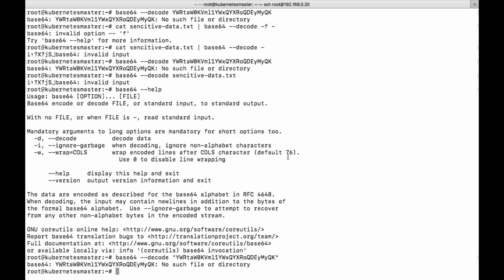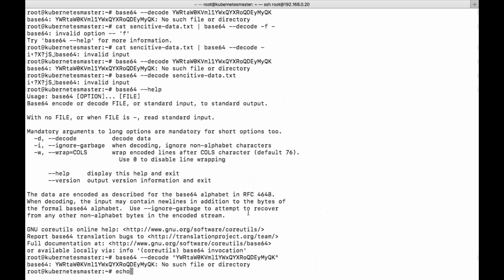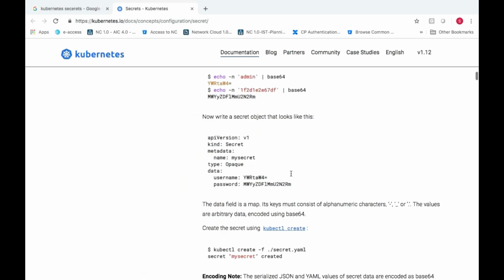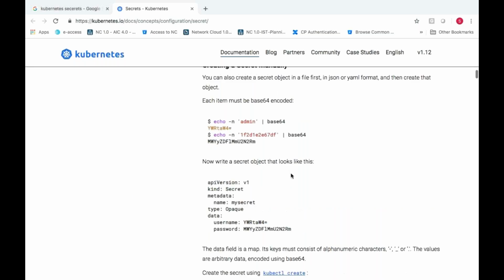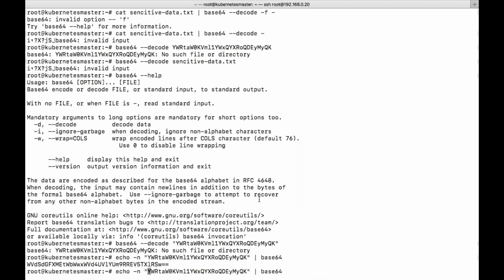Here it is trying to protect your data in a similar fashion. This is the command which we need to use in order to decode your data.